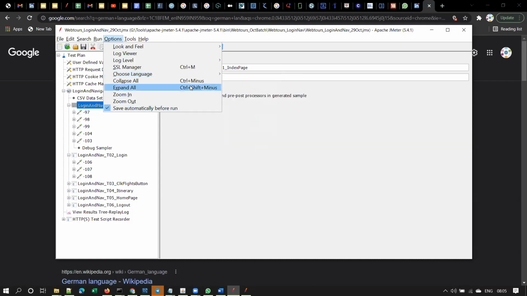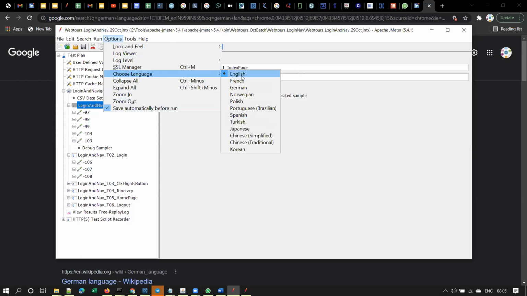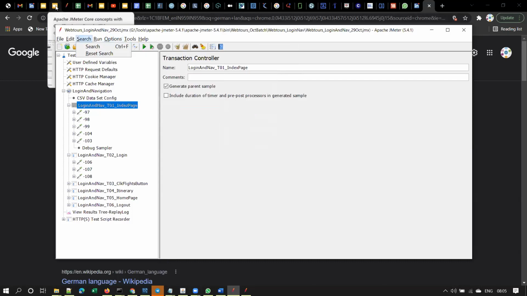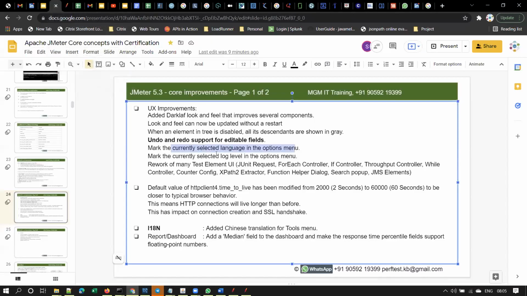When you select any particular language, it will highlight the selected language with a dot symbol. Clear, guys? Is this line clear? Mark the currently selected language in the options menu means it is marked with a dot symbol. Is it understood, guys?